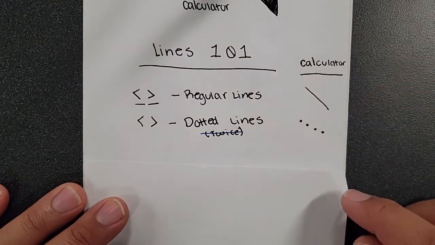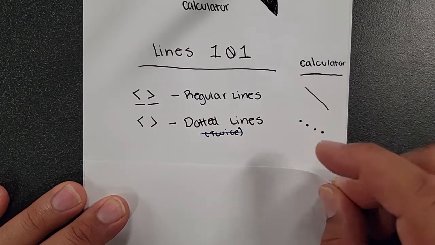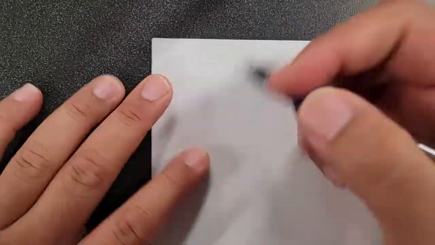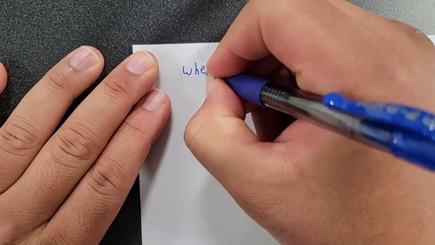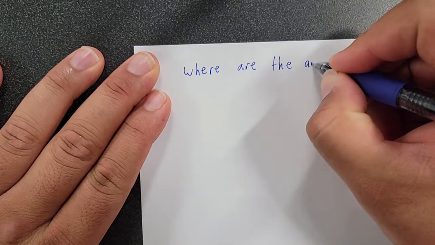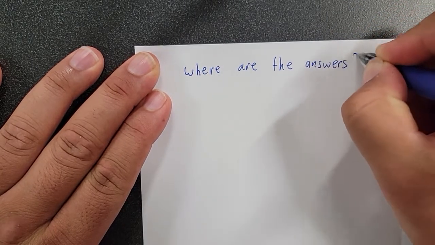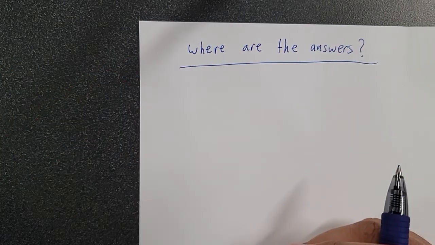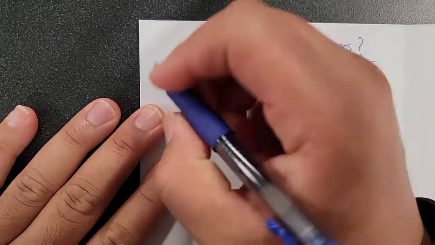So go ahead and finish copying this down, and then we're going to open the book. So on the inside, we're going to go ahead and talk about the answers. All right, so on the graph, where are the answers? Okay, go ahead and write this. Another word for answers is solutions. So we can say solutions